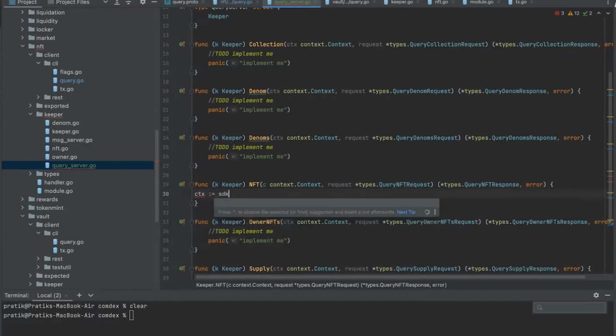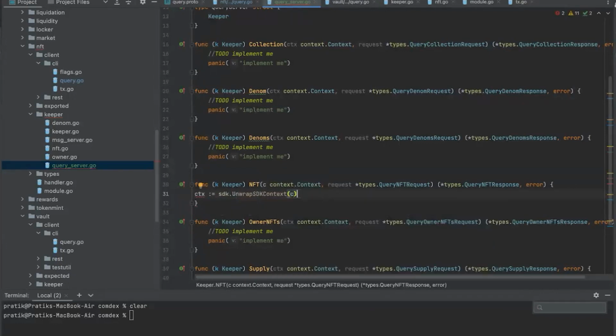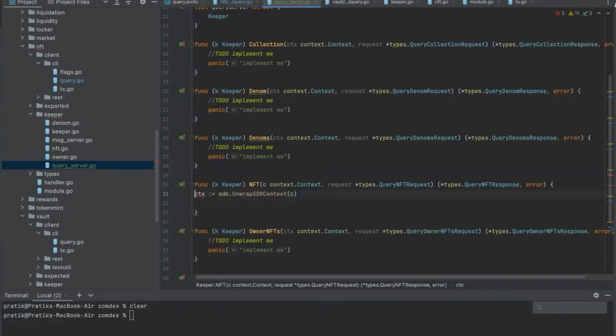SDK.UnwrapSDKContext, and here it takes a ctx context.Context. So our context is well defined here. Now what I'll do, I'll just